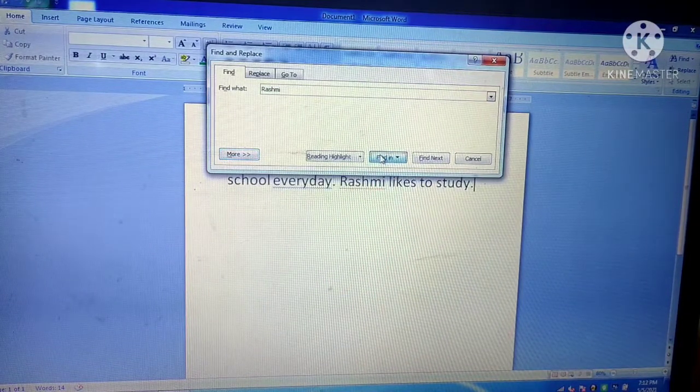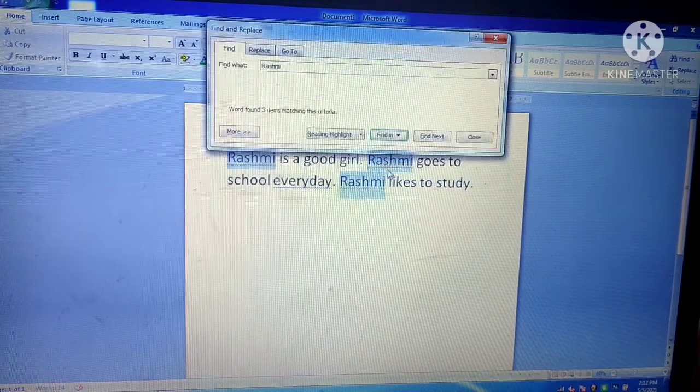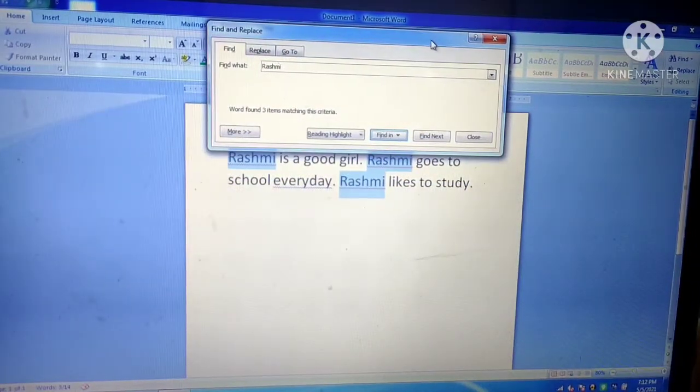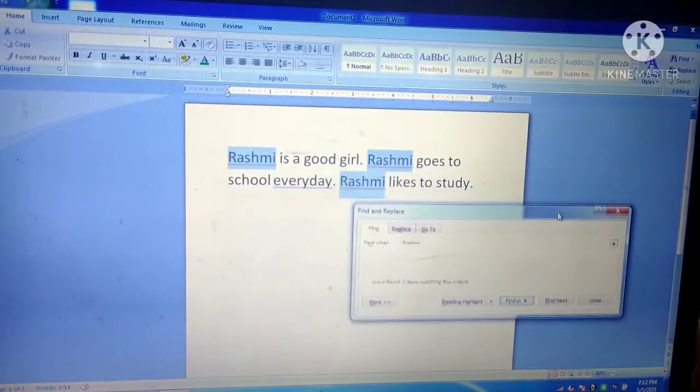We will click the find option, find in the main document. Let me move this aside.